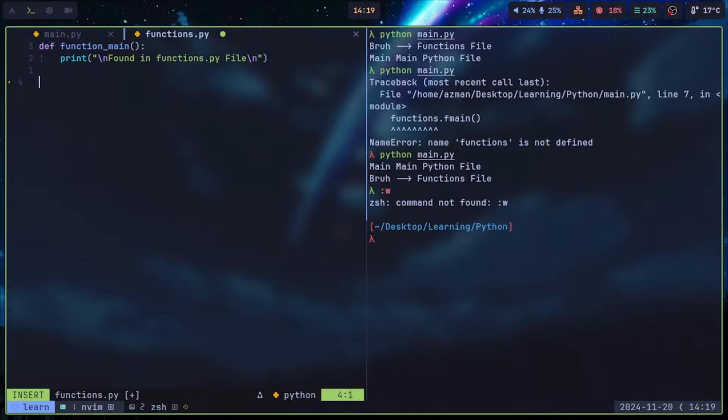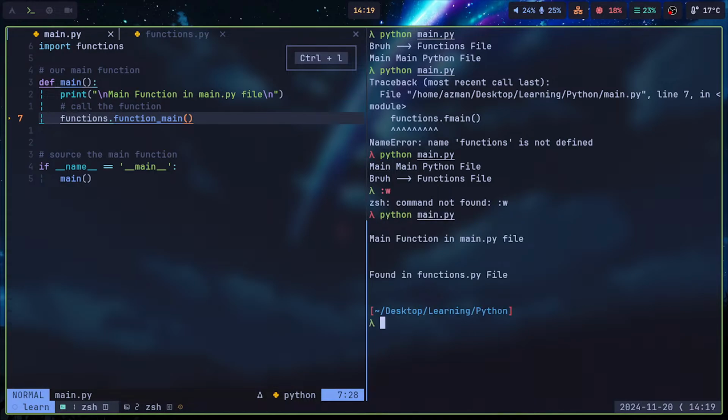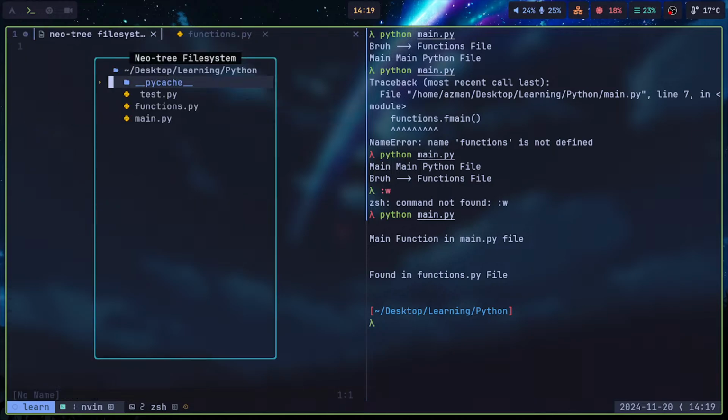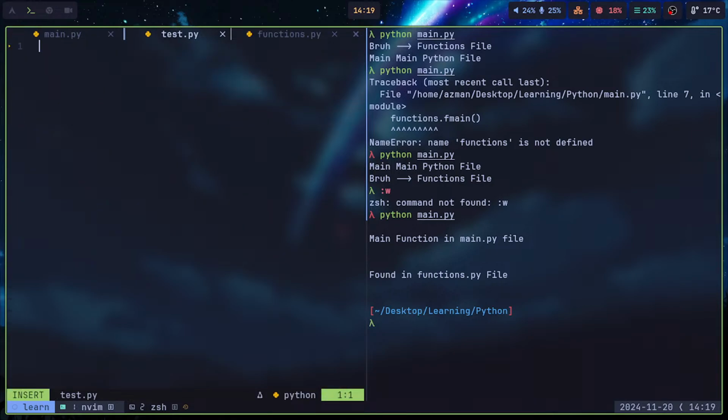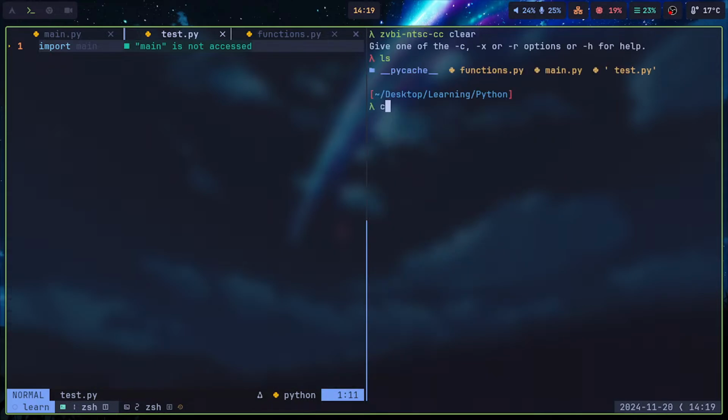Now let's do it step by step. It's going to run the main function. So if I do python main.py, it needs to run both. Let's see. Now if I do test.py import main, now it should